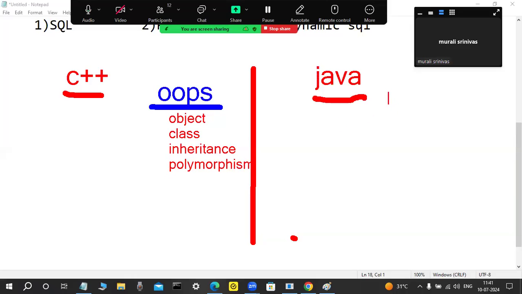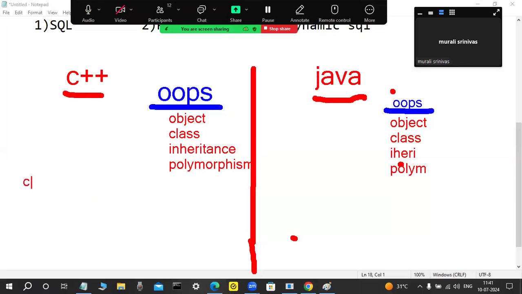Java also has object-oriented features. Observe here, in Java also the same concepts are there. Conceptually, what is an object? What is a class? How are we creating objects from the class? Inheritance, encapsulation, polymorphism: these things are there or not? Yes, that's why in these two languages the OOPS concepts are the same. Are you observing or not? Theoretically the same or not? But unfortunately, if anybody tries to create an object from the class, what is the syntax